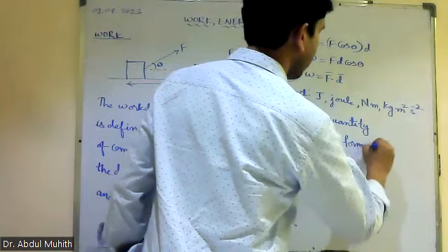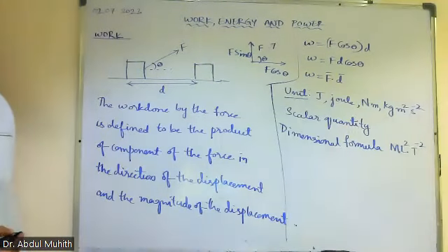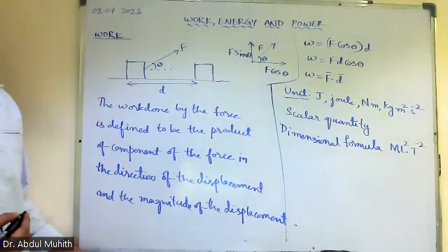Its dimensional formula is M L² T⁻². Okay, so this is about the dimensional formula. Okay. Now,